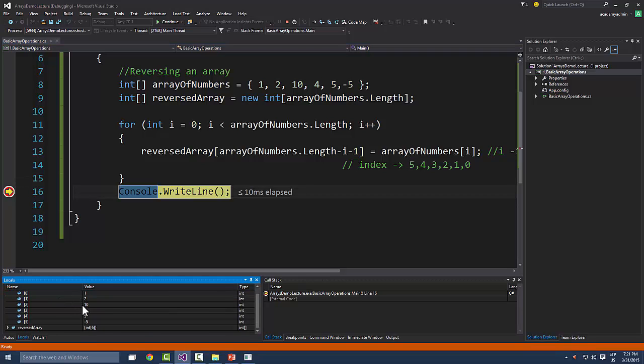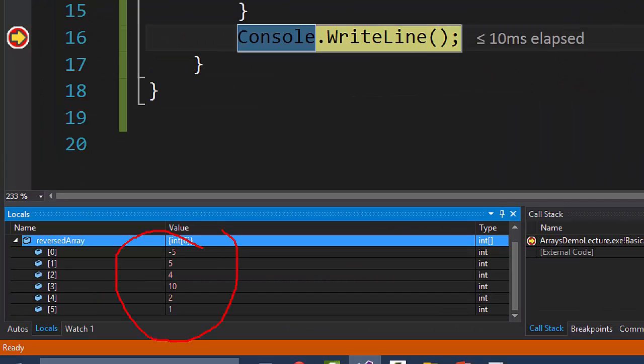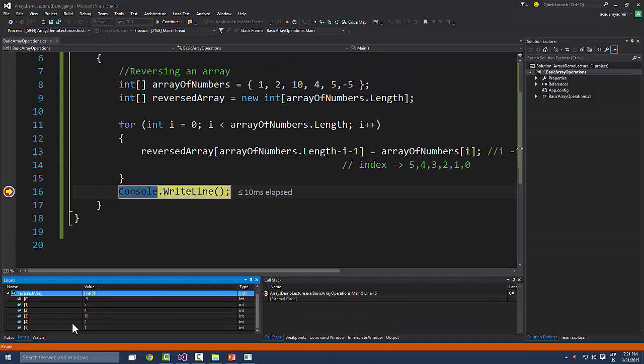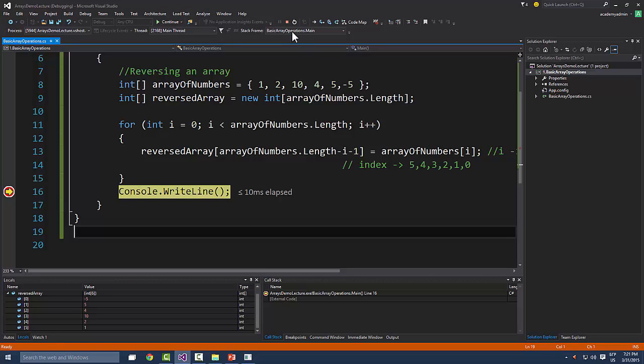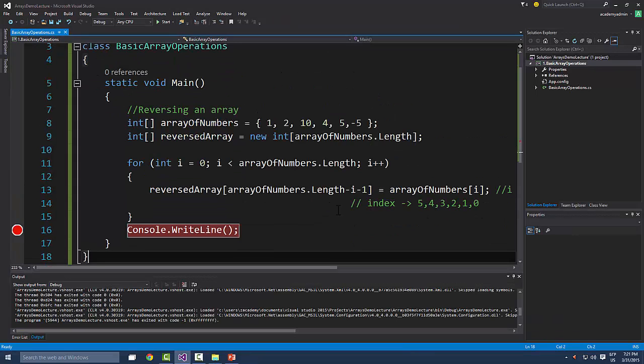So let's have a look at this again. We have 1 2 10 4 5 -5, and here we have -5 5 4 10 2 1. So it's pretty much the same but reversed. Can you see it now? I guess kind of. Okay, so this works. It's fine. This was for basic operations on arrays,